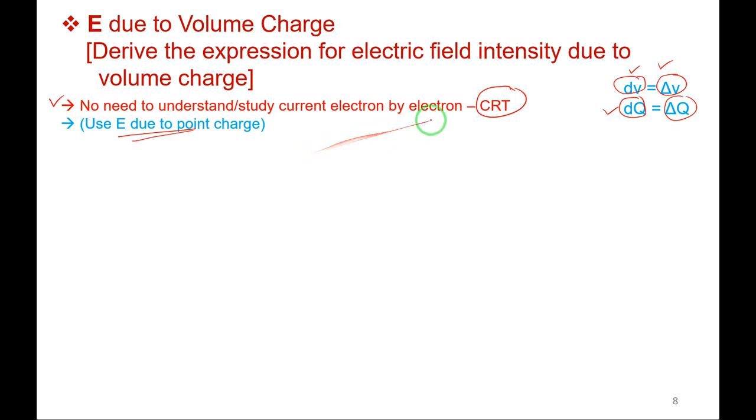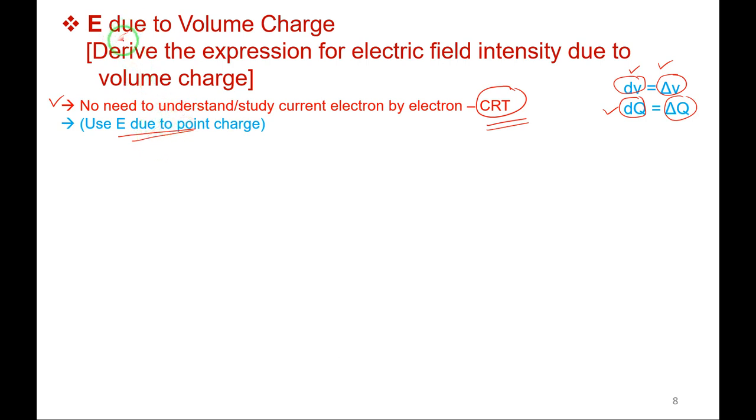Similarly, the olden days CRT TVs had a cathode ray tube; nowadays all the TVs are LCD, LED and plasma TVs. In olden days TVs, the bunch of electrons, the beam of electrons, hit the phosphorus screen and the display appears on the screen, what we are seeing. One thing we have to keep in mind: we will not study the current electron by electron. We will study the group, the effect of the bunch of electrons when it flows through the conducting wire. That we will see.